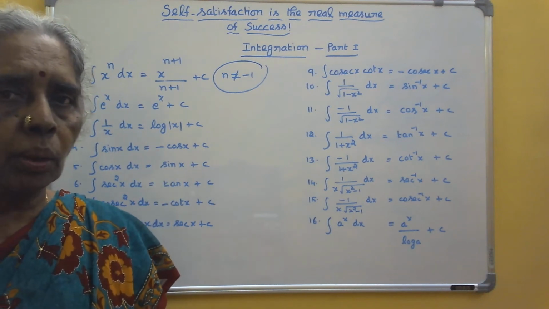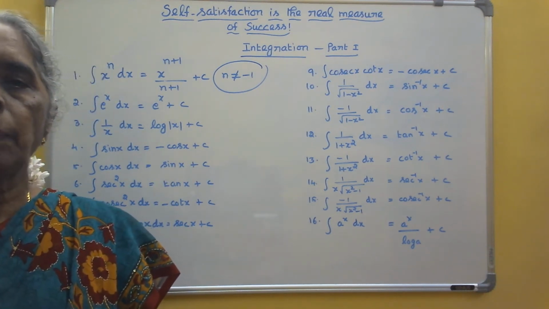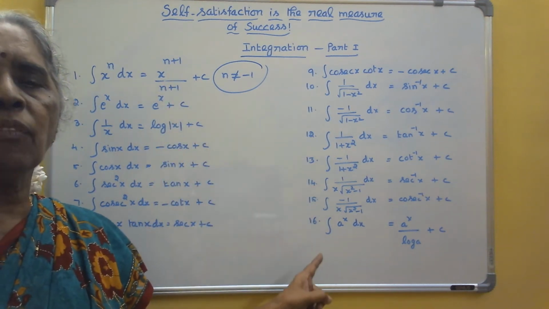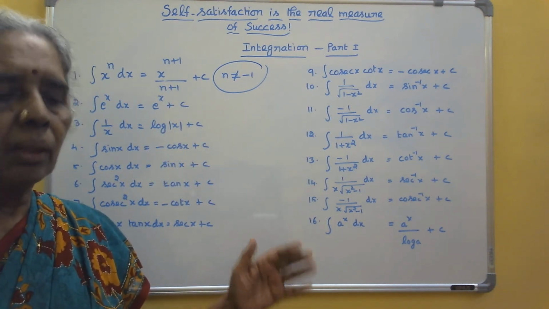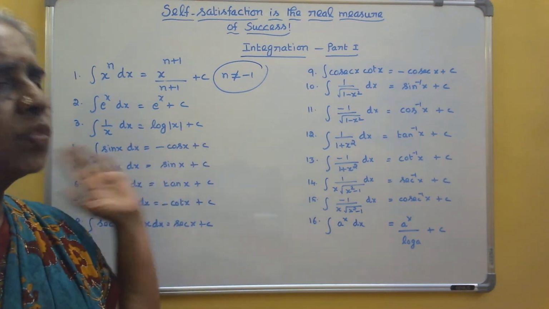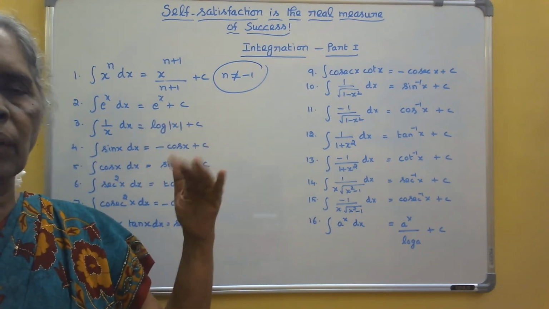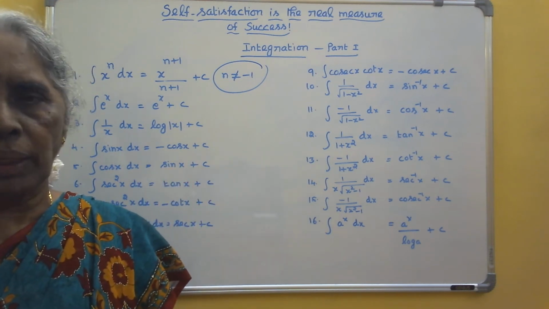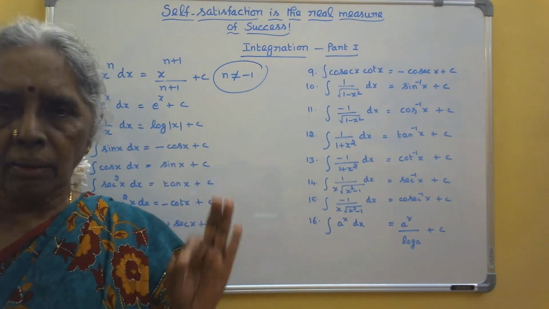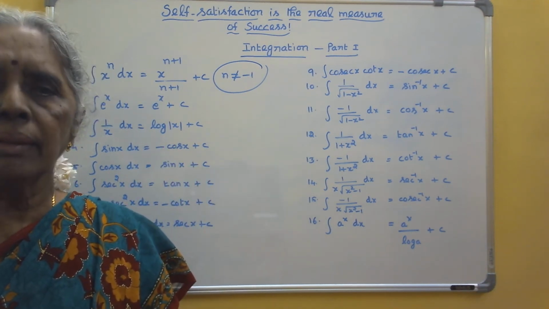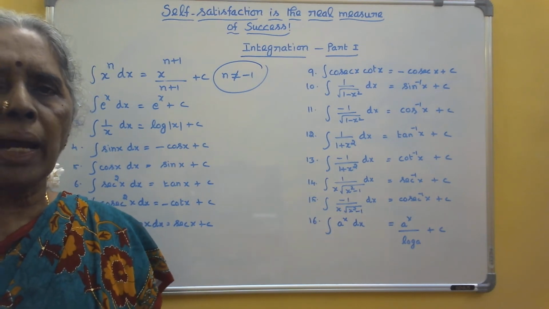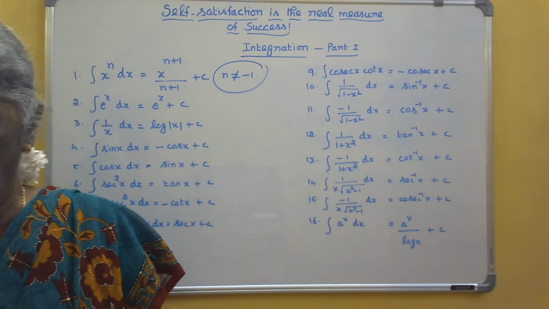So now what you are all going to do? First, keep a separate notebook. In that, you write first these 16 formulae, so that whatever sums we are going to do will be based on these formulae only, and then when we go ahead, I will give you more formulae. Okay? So be very clear about these formulae, and you read it again and again till it gets registered in your mind and you know them by heart. Okay?